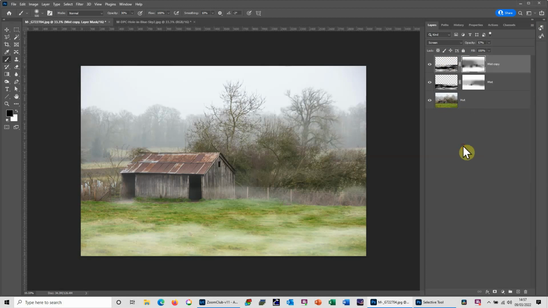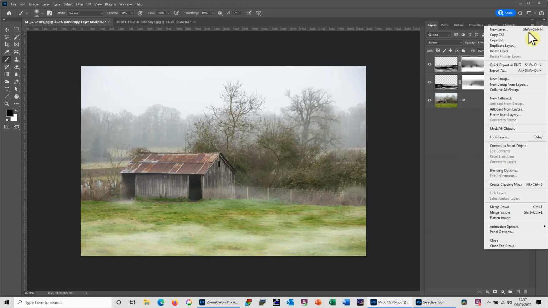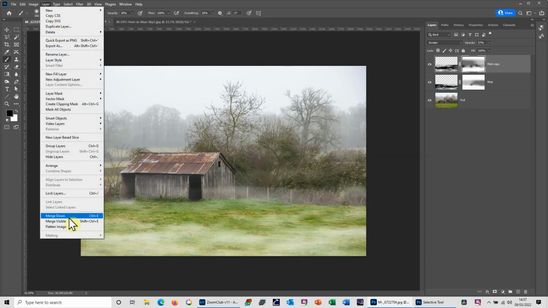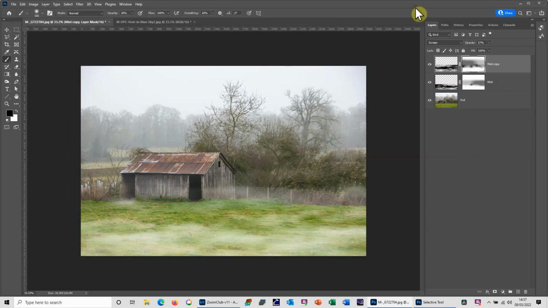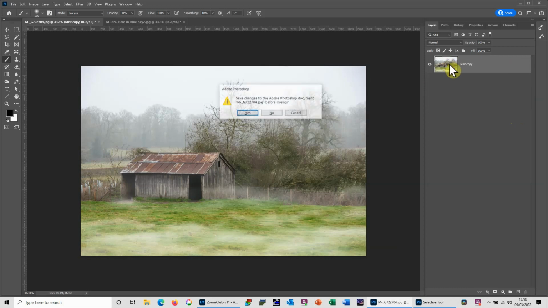So to flatten it, again, lots of options. We can click on the little menu here, the hamburger menu in the top right of the layers properties. Click on there and we can say flatten image. I can go to a layer over here and I can flatten image from here, but because I'm on the top layer, what I actually prefer to do, because it's a shortcut, is Shift Control E, and that will flatten down anything below the layer that you're currently on. So I'm on the top layer, so I'm just going to go Shift Control and E, and you can see that's flattened everything down. I can now go Control or Command W, save the changes, yes,